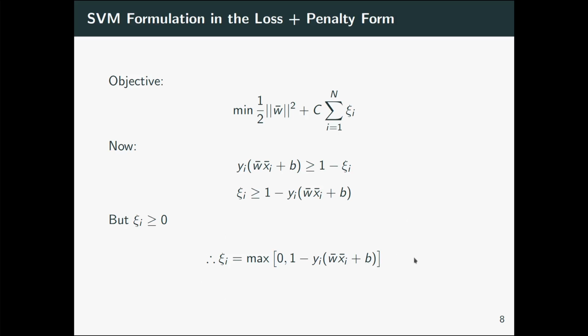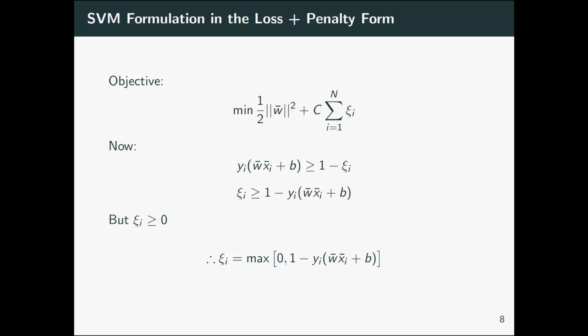You can again work out for the different cases what psi i would be. So if you look at the points which are on the correct side of the margin and they are not support vectors, for them yi (w xi plus b) would be greater than or equal to 1. So the term max of 0 comma 1 minus something greater than 1 would be max of 0 comma a negative quantity, which would be 0. So psi i is 0 there. You can just play around with the different zones, and you can just verify your understanding of this, that you can write psi i in this format,